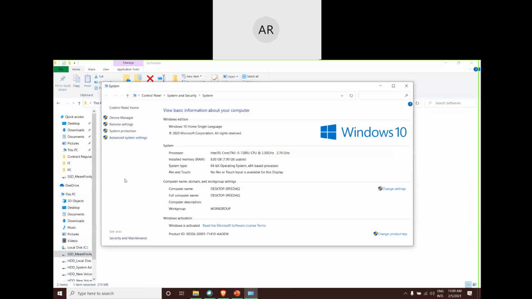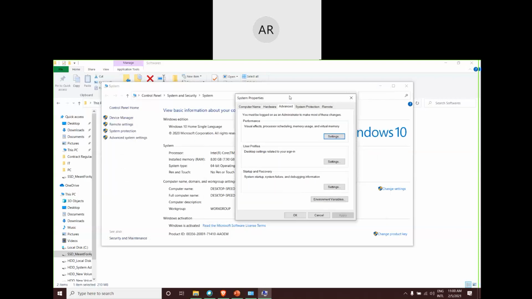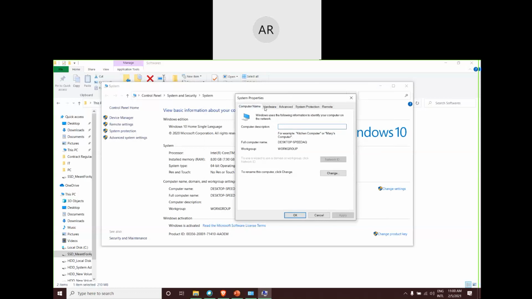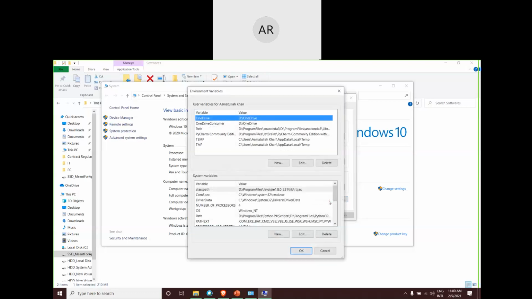In the Properties, you will have Control Panel Home on the left hand part, and below it you will have Advanced system settings. Click on Advanced system settings. Various tabs will open up, and usually you will get Computer Name as a tab. One of the tabs inside this prompt is Advanced. Go to the Advanced tab. In the Advanced tab, you will have user profiles, startup and recovery, performance, all those things. And below that, you will have Environment Variables. Click on that button, Environment Variables.